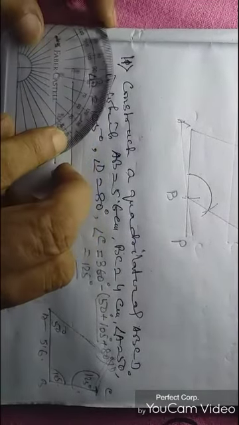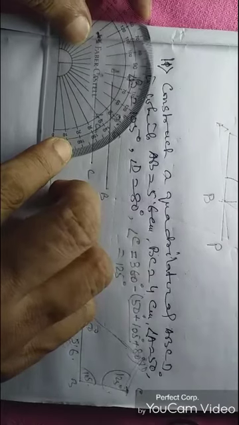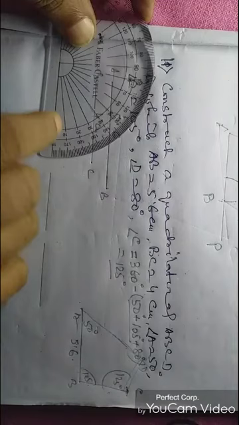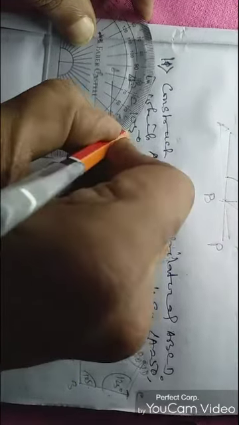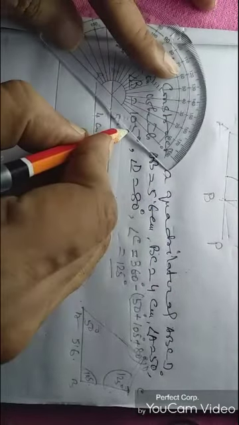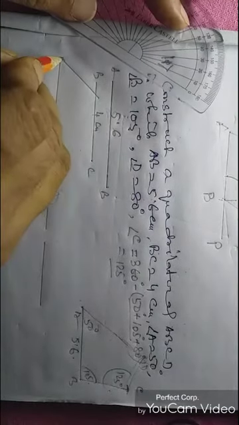Now at this point, we have 50 degrees, 105 degrees and 125 degrees. Measure this 50 degrees first. You need to understand how to draw this 50 degrees. Just with the help of a protractor you can measure this one. See here, get this point over here on the line and you will get here 0 to 50. This is the 50 point. Then you can draw this 50 degrees here. Okay, this is 50 degrees.